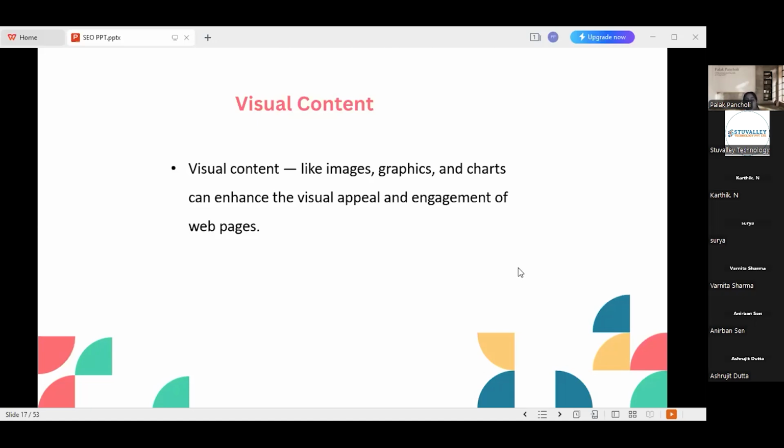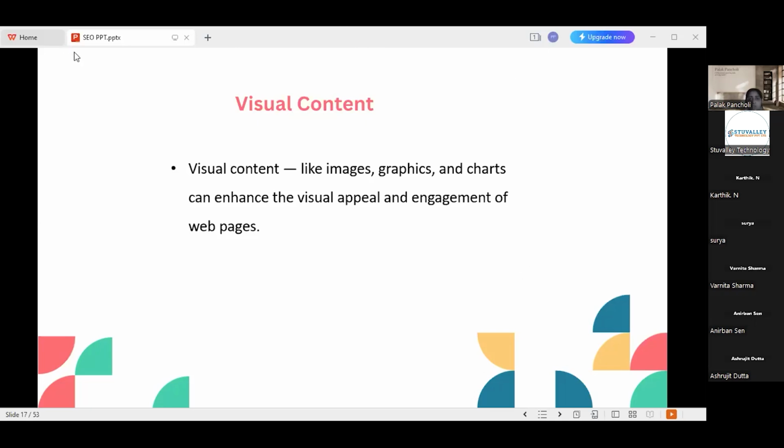Many tools compress the images, but the quality will degrade, or the image will get blurry. So we have to keep in mind that the image quality should not get degraded, and the image should not get blurry. It should look good on the website after compression also, right? So you have to double check after compressing the image.